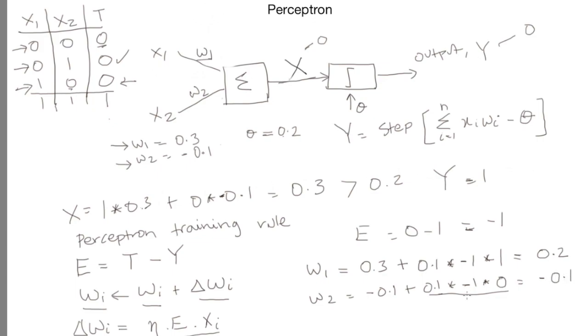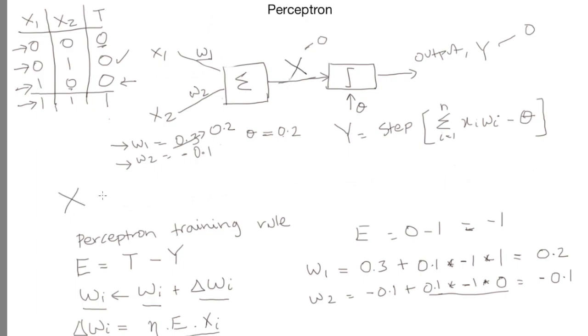An interesting observation is that if either the error is 0 or the input is 0, then there is no change in the weights. We go back and update the new weights. With the weights updated, we now move on to the next training instance. So the